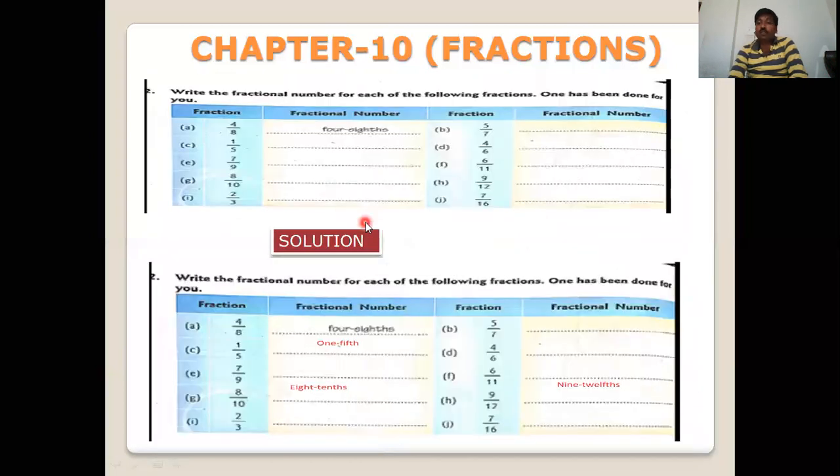Okay. Now this is the last question of your exercise, and here are the given fraction parts. And now how can we write this number? 4 by 8. Now write it as 4/8. And now I have done question number C, 1 by 5. We can write here 1/5. Okay. Now 8 tenths. Here the 10 is below it, so write 10 and add THS. And now here is 9 by 12, 9 twelfths. Okay. So children, we can solve question number 12 in this way.